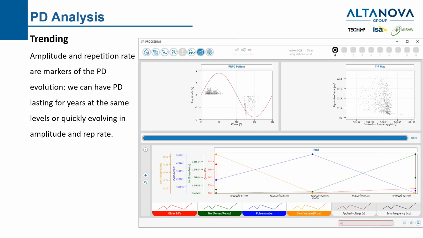So it was that kind of information that triggered more attention with respect to a stable high-level PD phenomena. The growth of the PD phenomena means an evolution in the defect that can be very harmful for the asset. Normally, the idea is to use the PD diagnosis of the